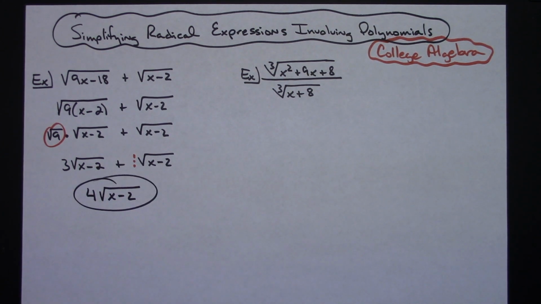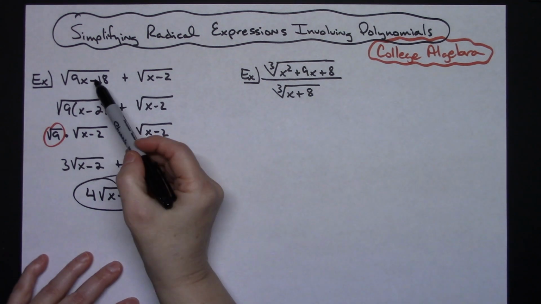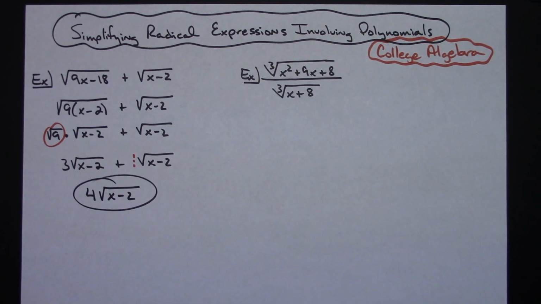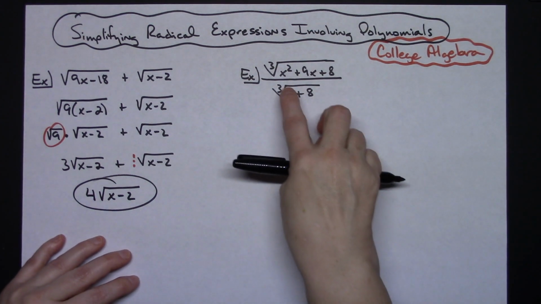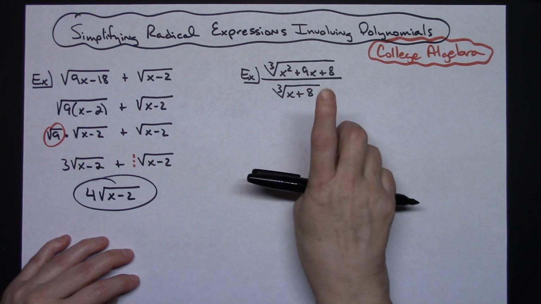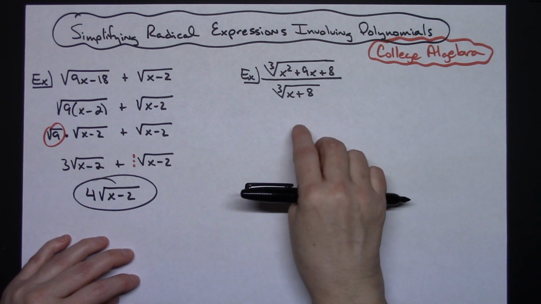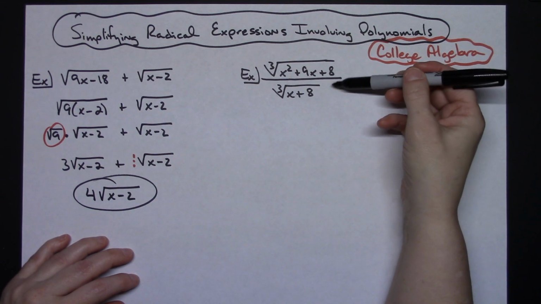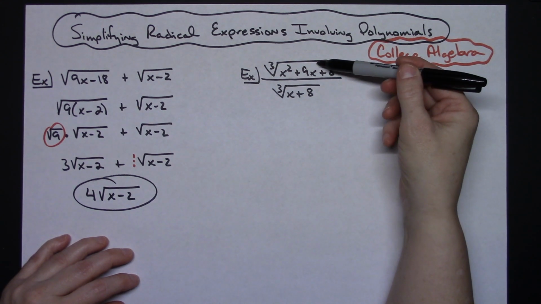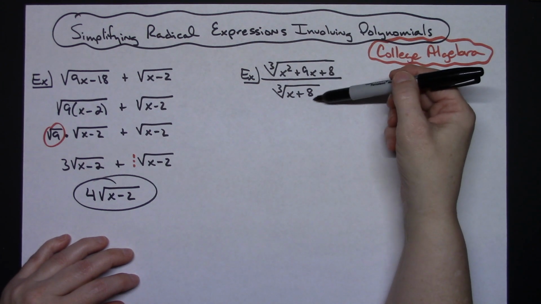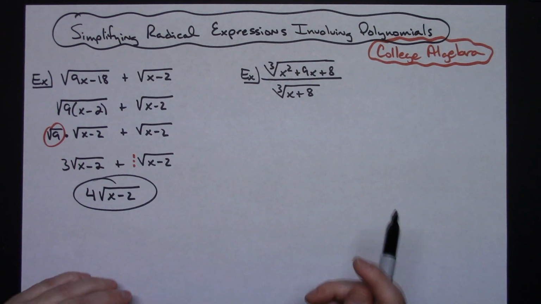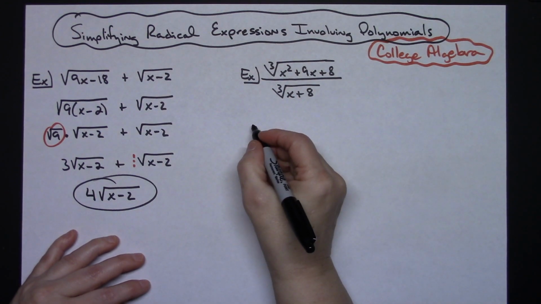So that one was pretty straightforward, but just showing that you can take an expression underneath that radical and do any type of algebra manipulation with it that you can with any ordinary polynomial. So over here we've got a quotient rule and we've got cube roots as opposed to square roots. We do have a radical rule that says if I'm dividing two cube roots, individually top and bottom, I can combine them into one. So that's the rule that I'm going to apply first.